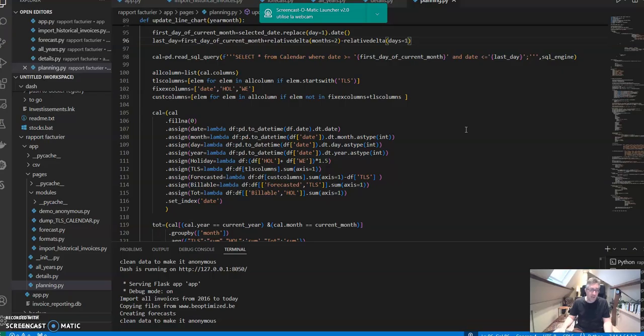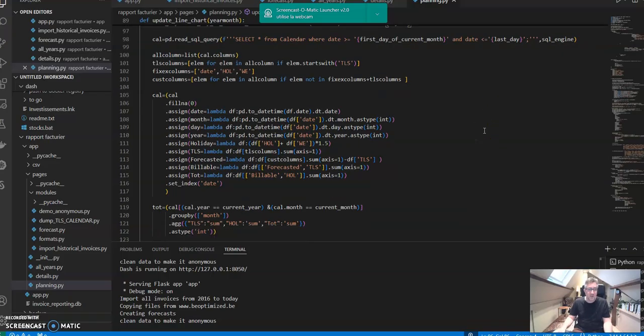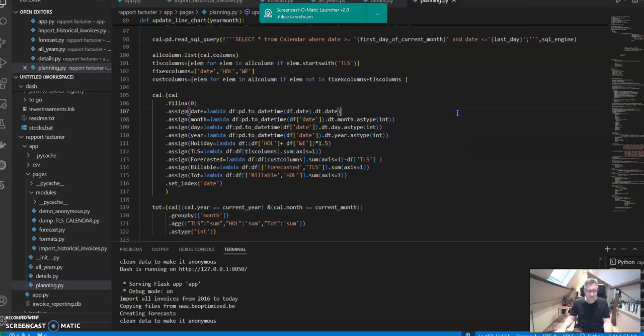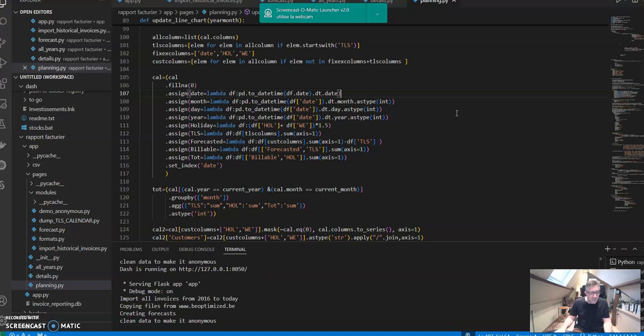So here I had to use some lists in order to select automatically and dynamically the list of the different customers. So I'm using an assign statement